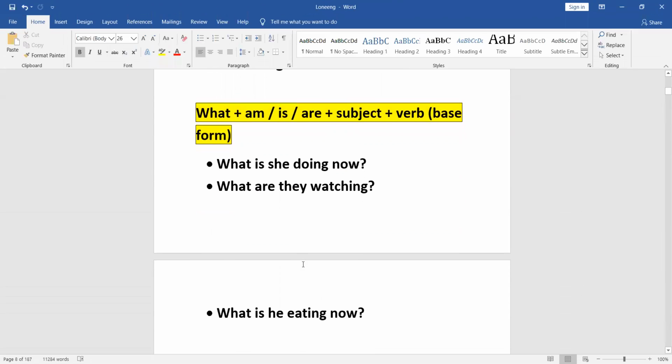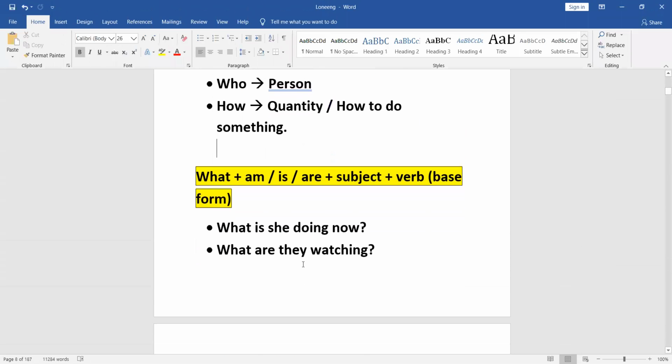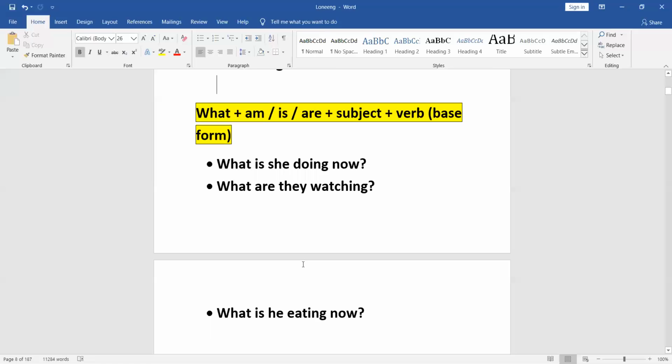And let's take a look at the first word, what. When you want to say what, it literally means that you're referring to a thing, correct? So what is followed by the formula: am, is, or are. You employ one of these words plus the subject and then the verb in the base form. So when you want to ask about something, you will say what. Okay, what is she doing right now? Maybe before this, she was doing something else. Let's say, for example, she was reading a book before. So the parent is wanting to know what is she doing right now? Maybe before she was reading a book, but now what is she doing?